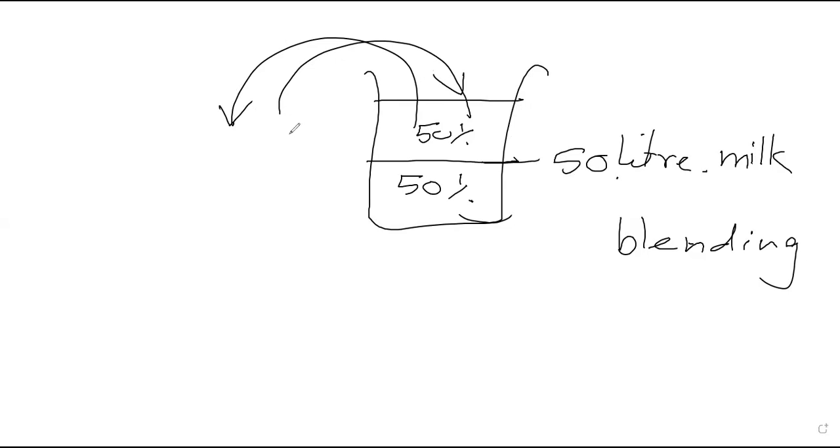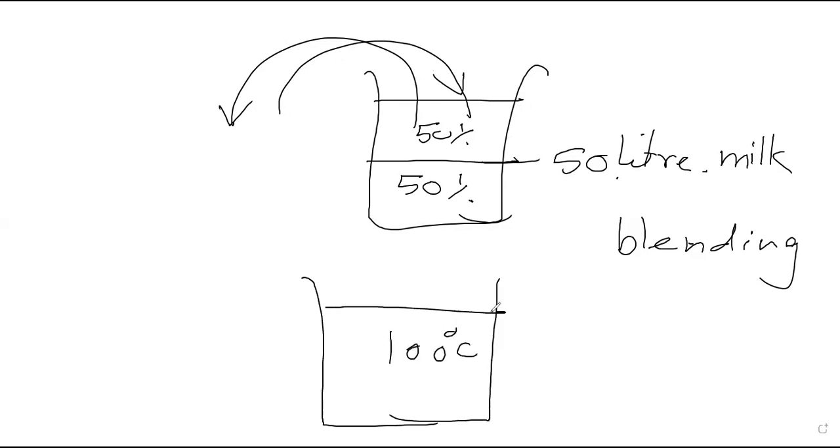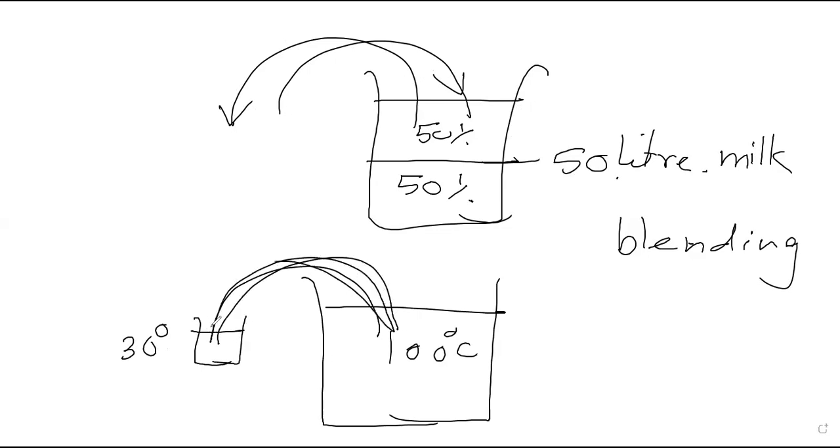Same thing can be extended even to get a particular temperature. Let's say you have some 100 degrees centigrade of water, and you have a cold water, maybe at 30 degrees centigrade. That quantity is fixed, around half a liter. So how many times will I keep on adding and taking out half a liter of water to reach the desired temperature? Again, whether those temperatures will be discrete or continuous after adding and taking out the water, nobody knows. This comes as a standard blending problem,